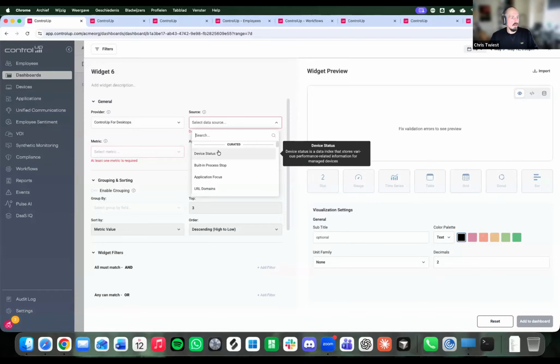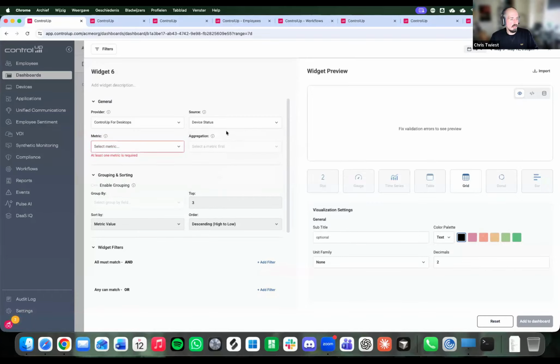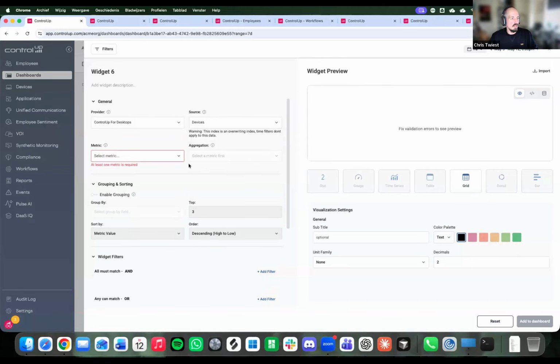Just really quick, one mistake I've seen a lot is doing the group by metric and the metric you want the wrong way around. If I want to make a widget to show how many devices we have per OS, a lot of people will start with devices, and then think, oh, OS, I'm doing stuff with OS.